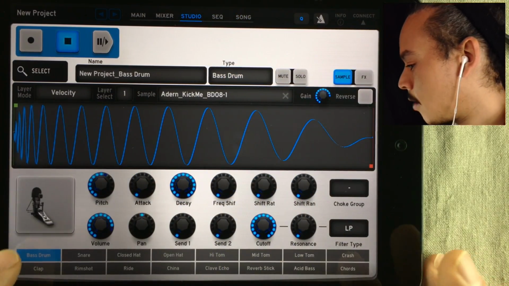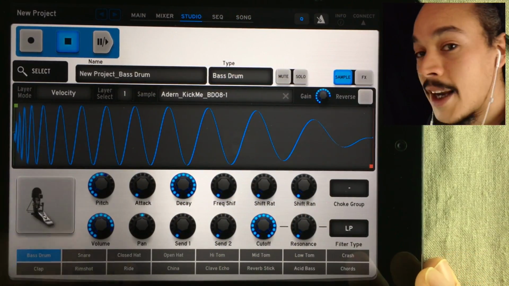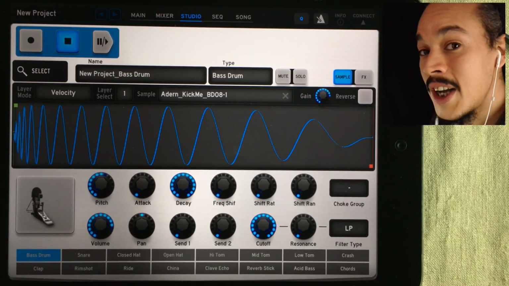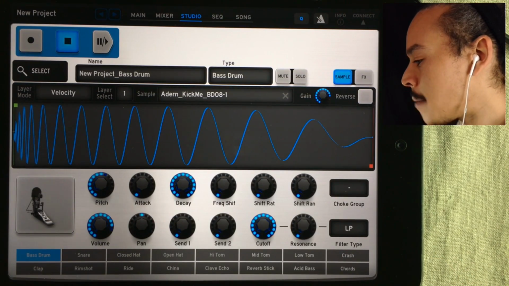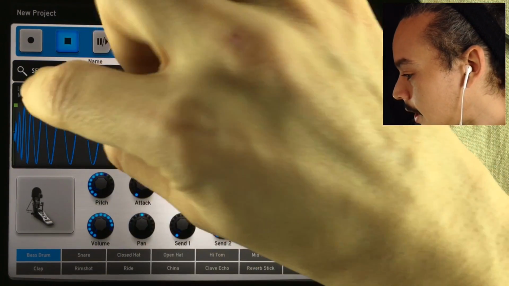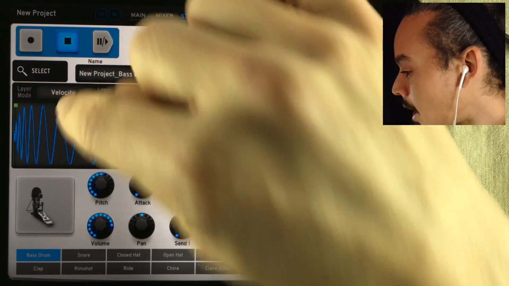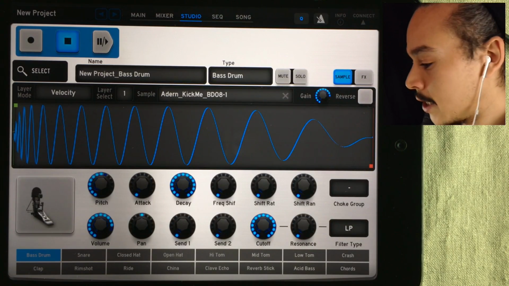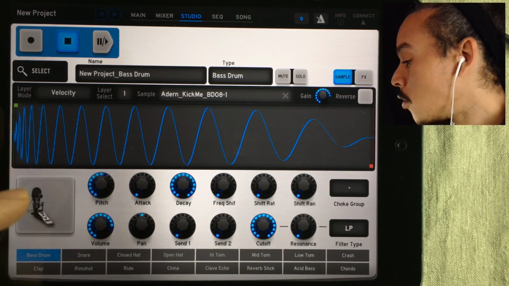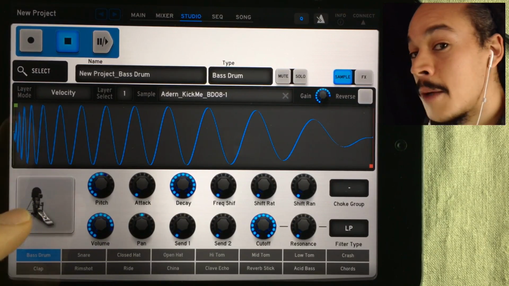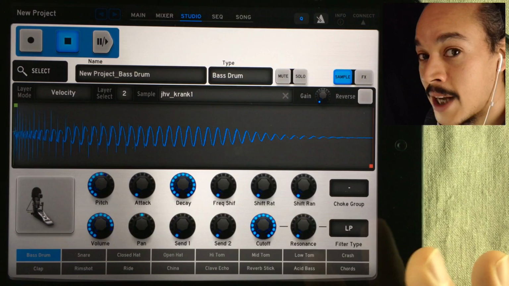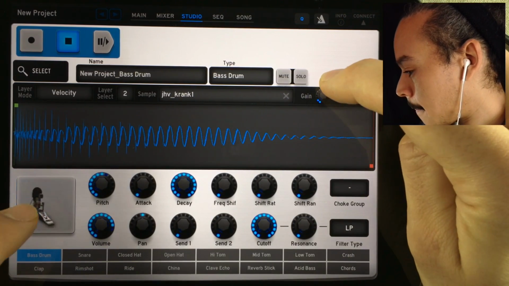And look at this now. I can hear it when I'm pressing down here, but when I go up, I can't hear it. That's because the sample playback for the different layers have different settings. And if we look here, you have a layer mode. Right now it's controlled by velocity. So down here we have the first kick drum. And when we move up, it's actually playing layer number 2. But right now, the gain is down. But if I raise it,